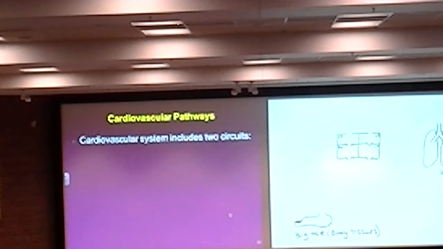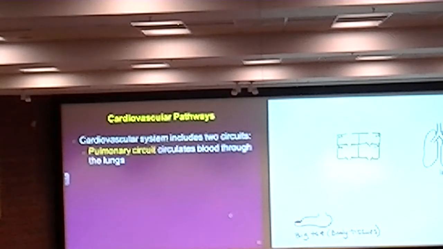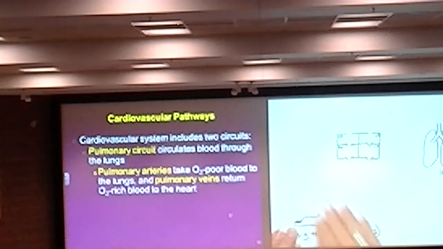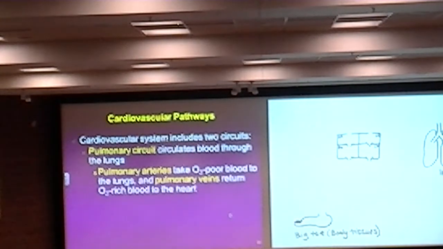So there are two general circuits or pathways that blood goes through. One is called the pulmonary circuit, and this is what we involve when we're pumping blood to the lungs. So the pulmonary circuit takes blood from the right side of the heart and sends it to the lungs. And there's two important blood vessels that we're going to be concerned with here, and they both have pulmonary in their names. So pulmonary always refers to lungs. The pulmonary arteries take blood away, right? Pulmonary arteries are going to carry the oxygen-poor blood out to the lungs. And the pulmonary veins bring blood back to the heart. Veins are going to bring the oxygen-rich blood back to the heart. Okay? So I can draw this